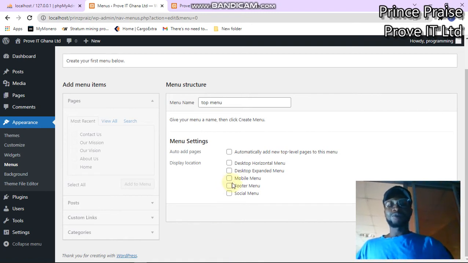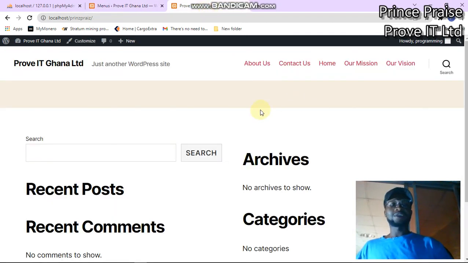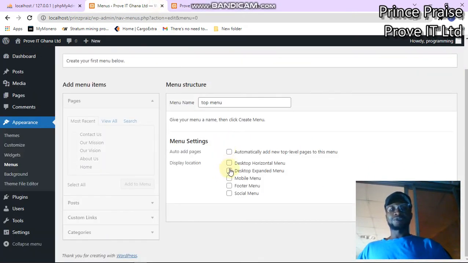Your mobile menu talks about what menu you will preferably see when you're using a mobile device to view your website. Now your desktop expanded menu talks about this section here. There's a part that when you click on it, let's activate this first, the desktop expanded menu, and let's click